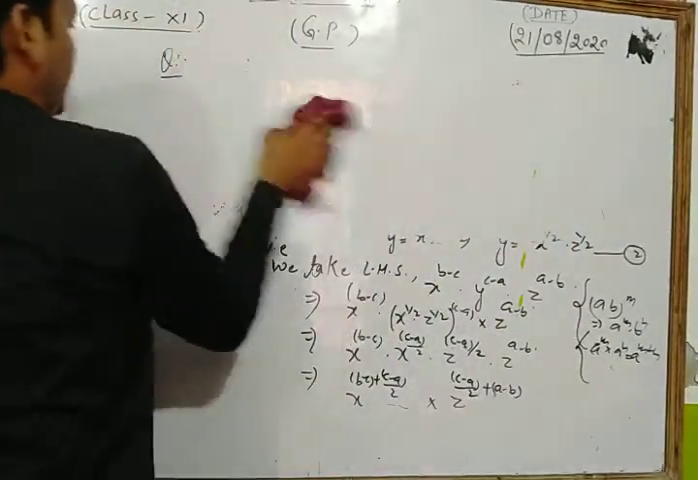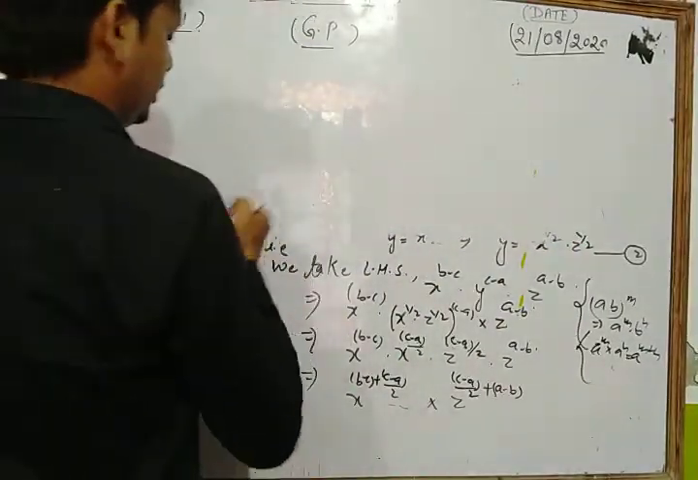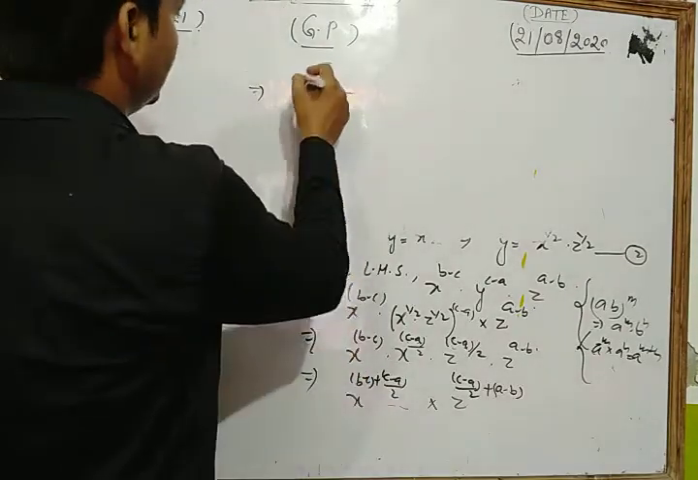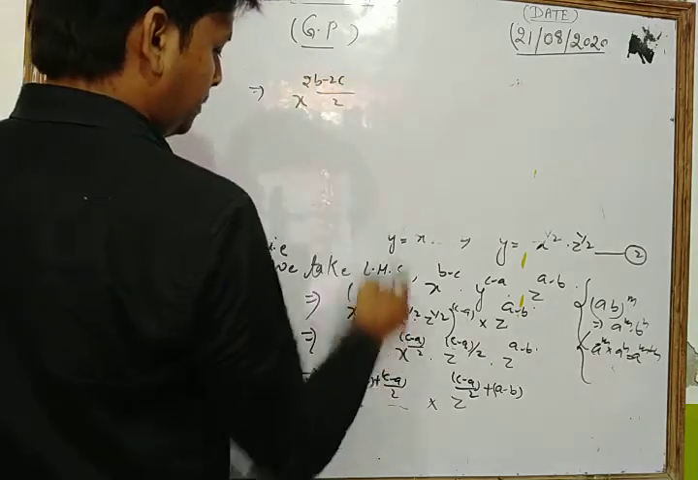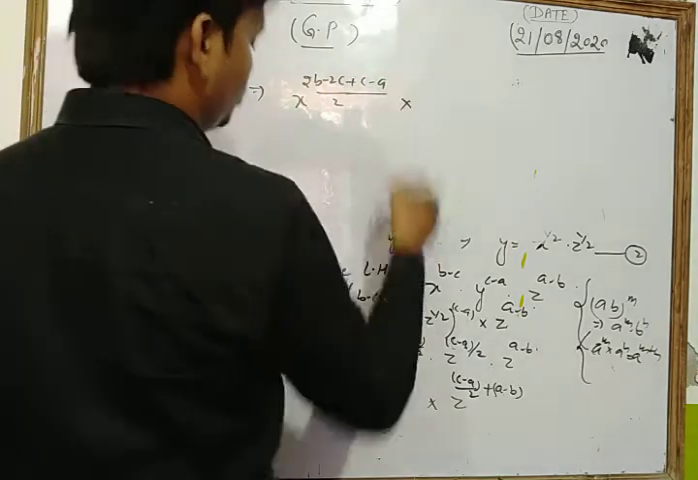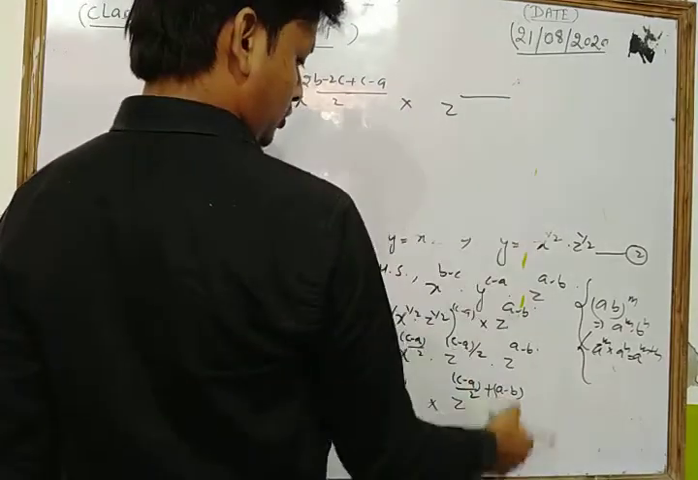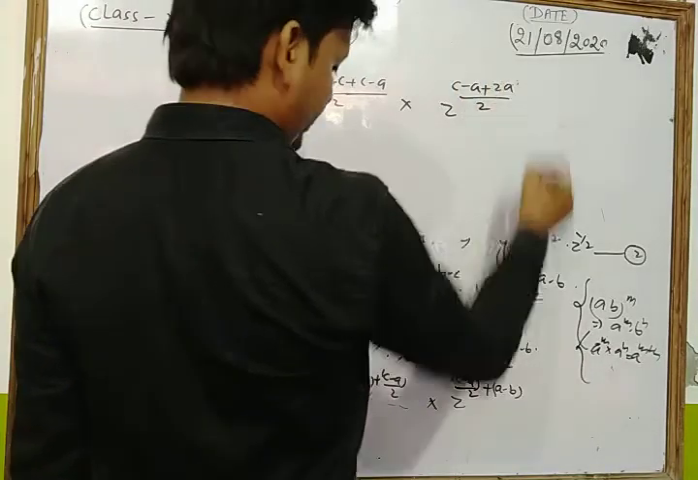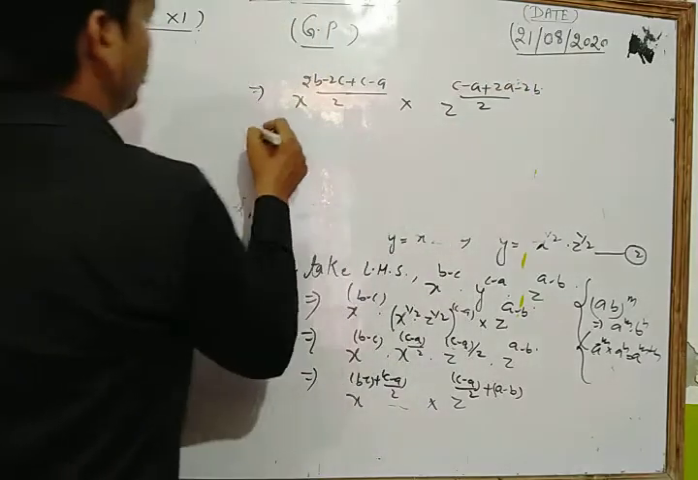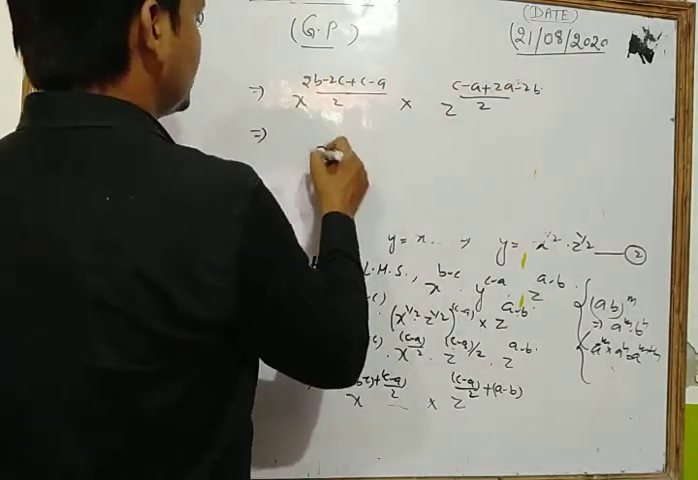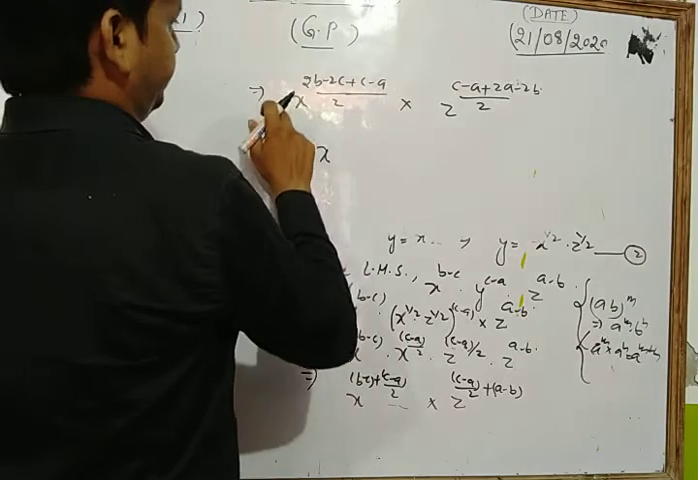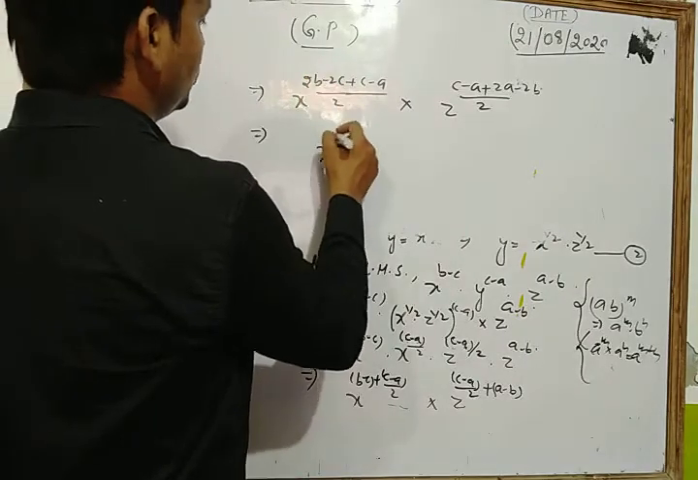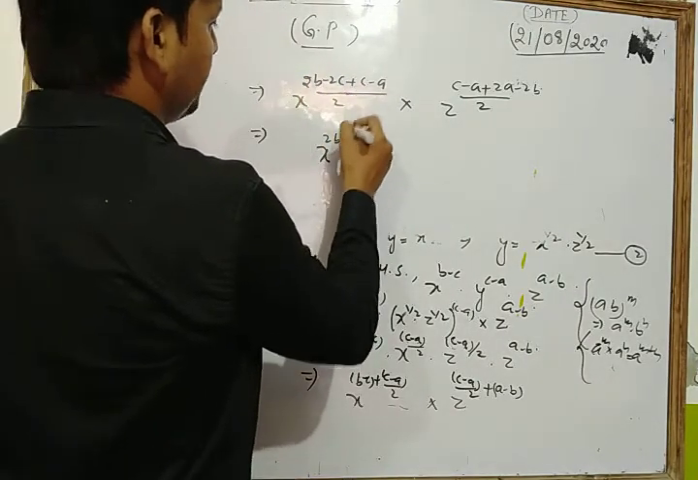After solving this expression, let's see, x to the power, take 2 as LCM, so we have 2b minus 2c plus c minus a into, same as z to the power, we take 2 as LCM, so we get c minus a plus 2a minus 2b. Now look what we have, x to the power 2b, and minus 2c plus c, that is minus c, minus take common, so we get